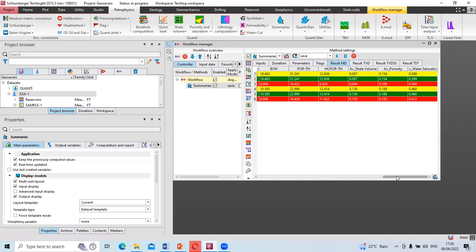So this gives us a lot of information. The most important is what? The net to gross. Then we have the bulk volume water, which here is just water saturation times porosity. We have the average volume of shale, the average porosity, and the average water saturation for each of the reservoirs. So this now becomes our good value, the values that you have to represent and submit as the final quantitative analysis. All right, so from there,